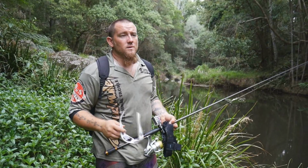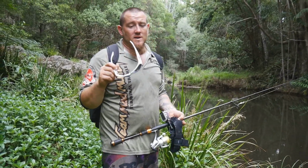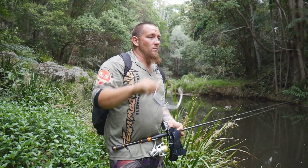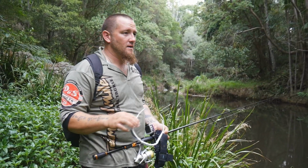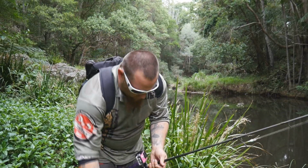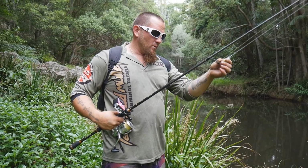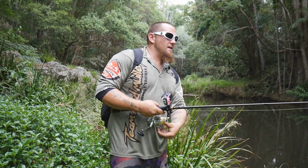One thing, when you're walking through the bush, make sure you wear some fairly good, non-slip footwear, and also a really good pair of Polaroid sunnies is a must. It takes the glare off the water. These sunnies from Black Flies, Polaroid's ones are absolutely unreal. You can see structure under the water so much easier. So when you put them on, you can see the underwater rock features, or maybe a log or something,